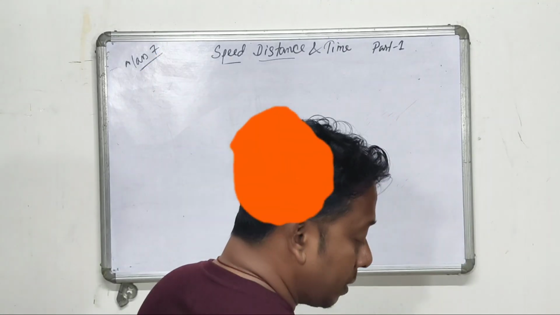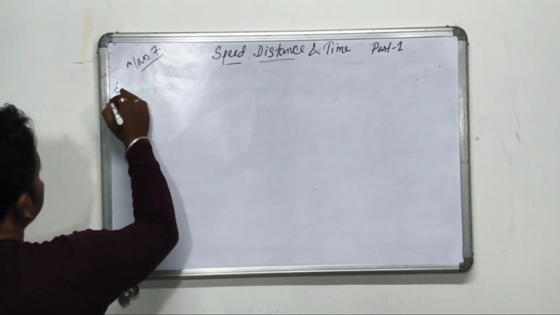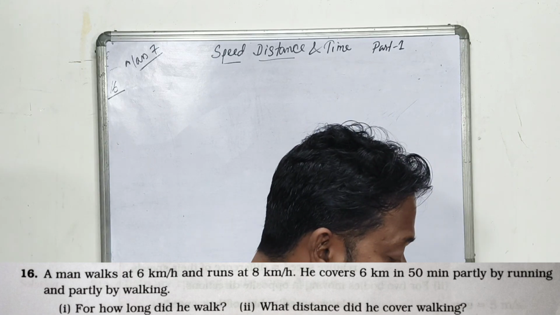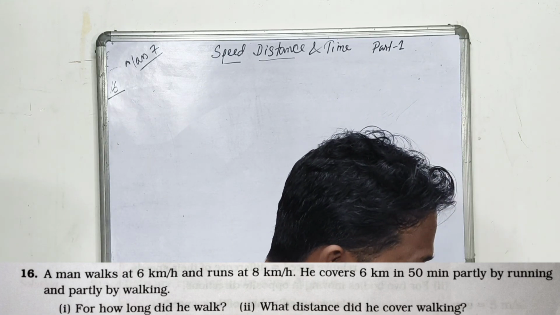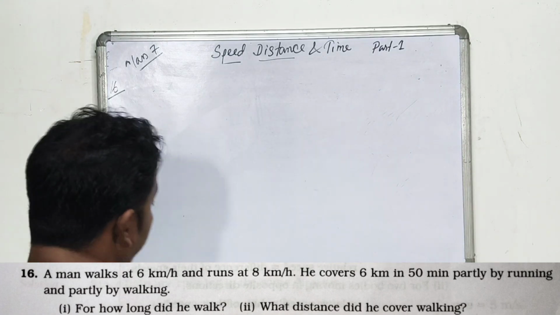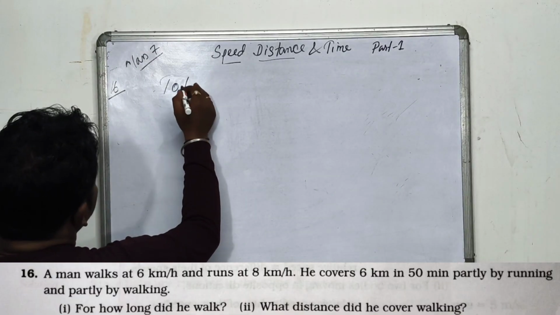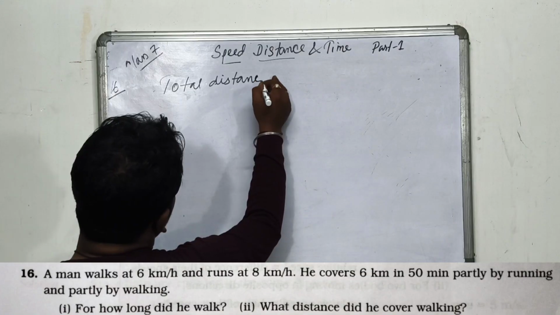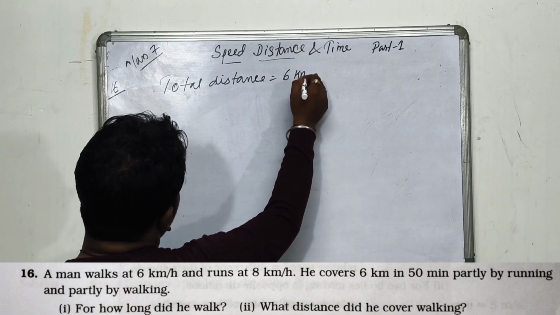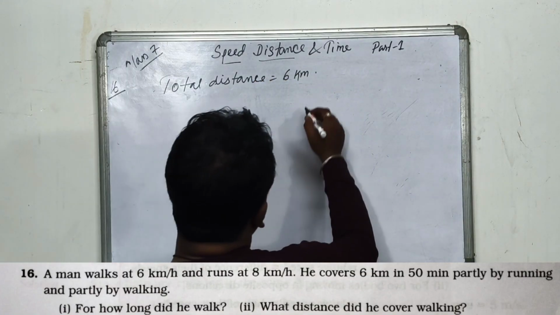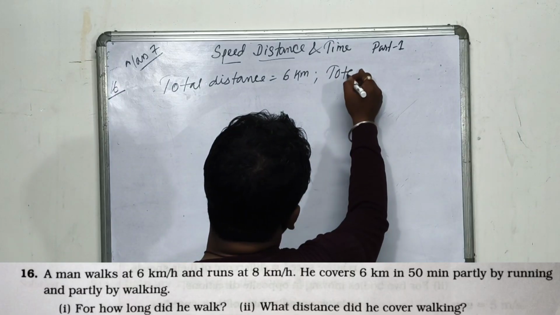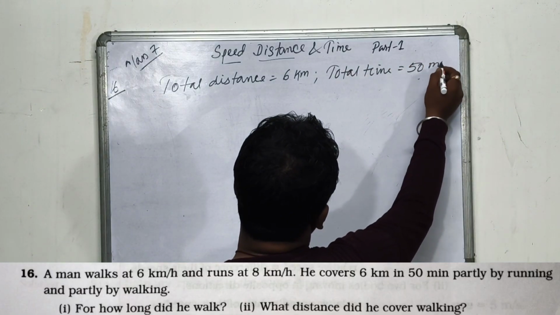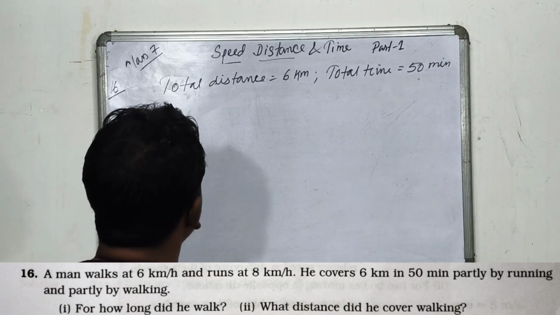Question number 15 is done. Now question number 16. A man walks at 6 km per hour and runs at 8 km per hour. He covers 6 km in 50 minutes, partly by running and partly by walking. That means total distance equals 6 km. Total time 50 minutes. Therefore, let